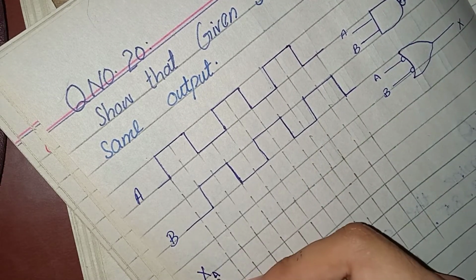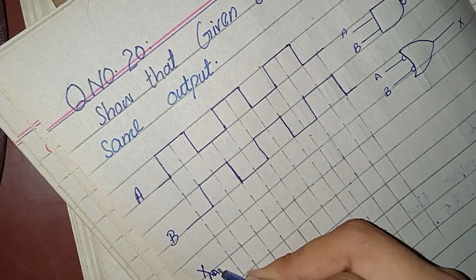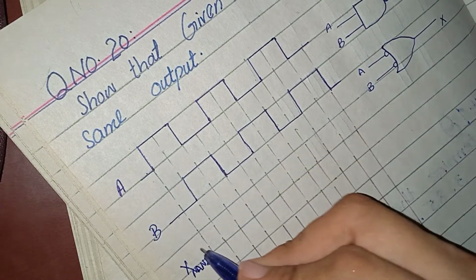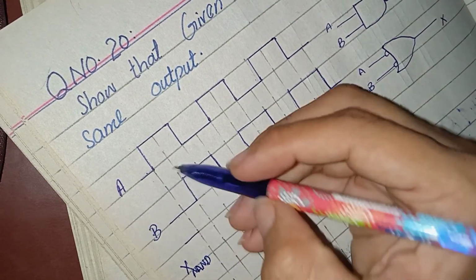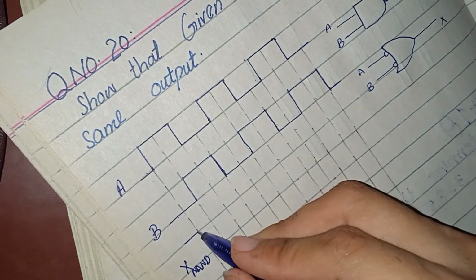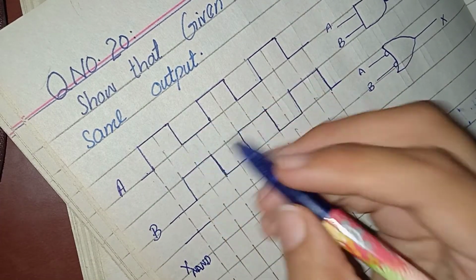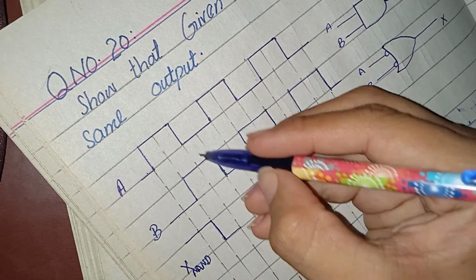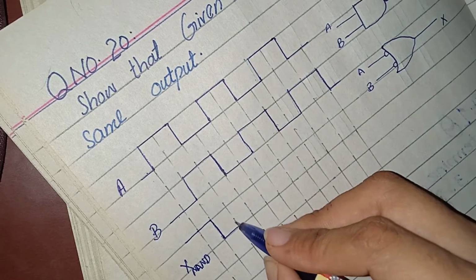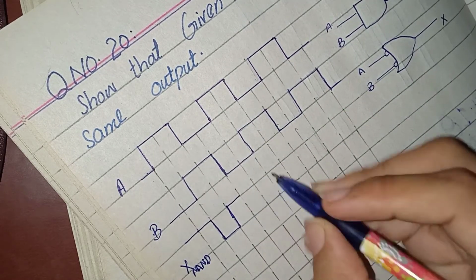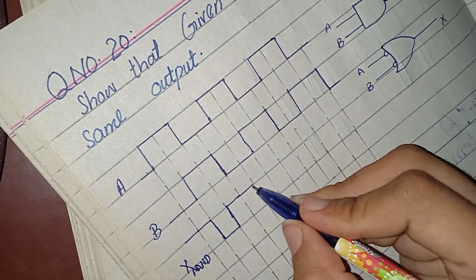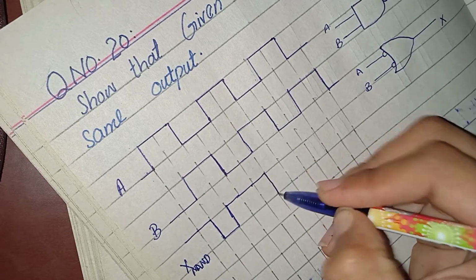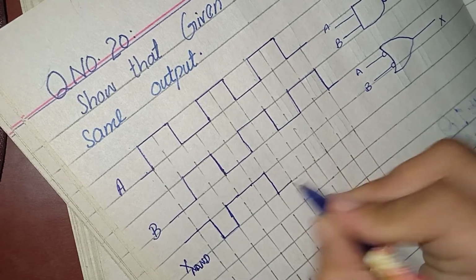Let's say that it's a NAND. Okay, both the inputs are low, meaning our output will start from higher level. A is high, B is low, output will be high. A is high, B is also high, it means that our output will go low. And here A is low, B is high, it means that we will get higher output. And again here we get higher output, here also higher output, but here A and B both are at higher level, meaning for a NAND gate we will get lower output.